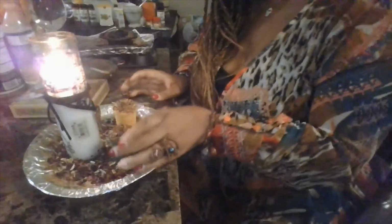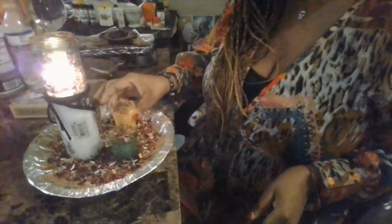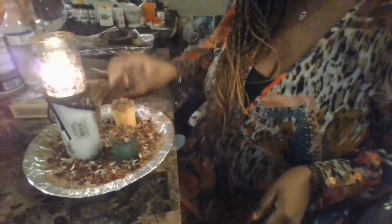Show you guys. Okay, so I have a green candle and I have an orange candle, and both colors are used in road opening, and they're alternated between. So I use both. As you can see, I have already inscribed my candles,